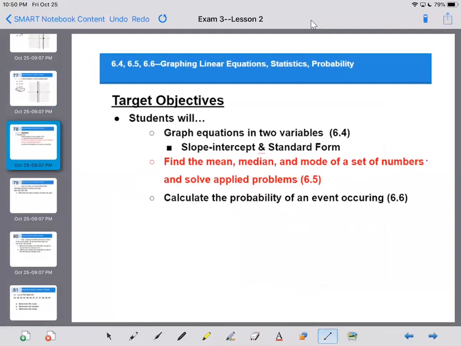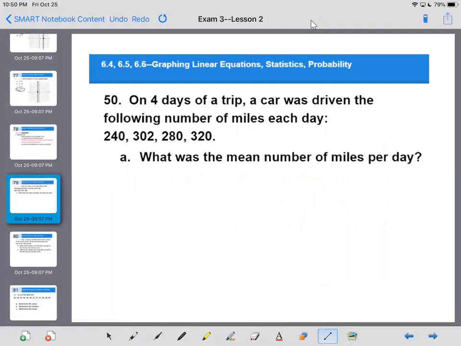Next group, we're going to look at the mean, median, and mode of a set of numbers. So if I say 4 days on a trip, a car was driven, so it drove 240, 302, 280, and 320. What you're going to do is you're going to find the sum of that. And when it asks for the mean number, mean representing average,